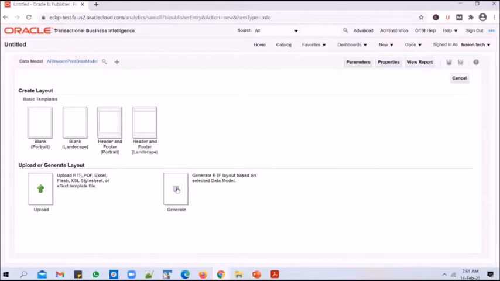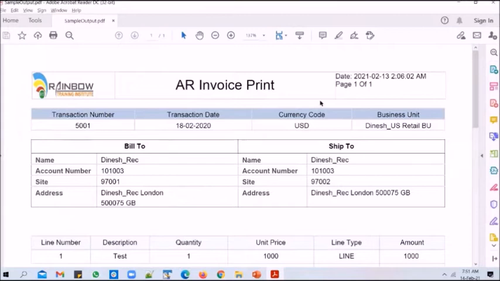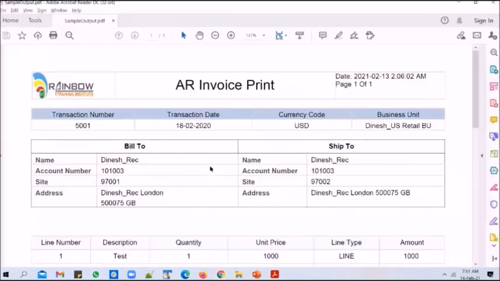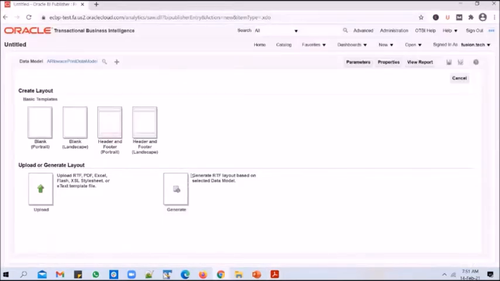First, we generate an RTF layout based on this data model. And of course, the RTF will be generated, but there would definitely be some changes required in that RTF document to align it with this layout. Because at the end of the day, this is the output the client is expecting, right? So we will have to make changes in the auto-generated layout in such a way that it generates this output, or output in this format. Okay, so we'll see how to generate the layout first, and then I'll show you how to upload it.